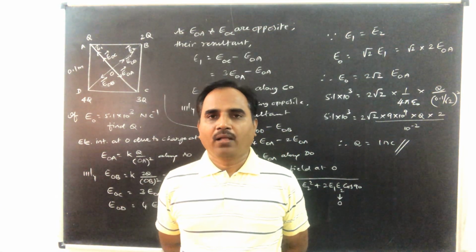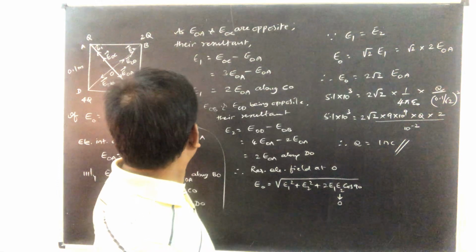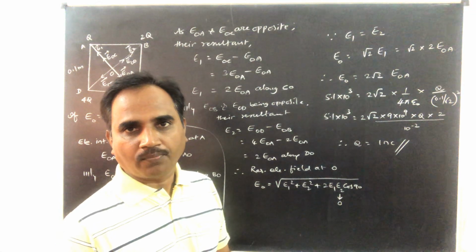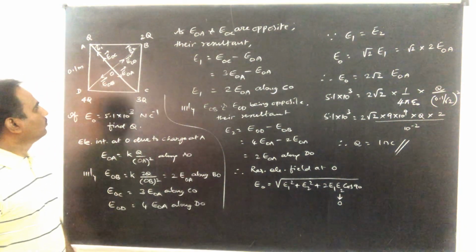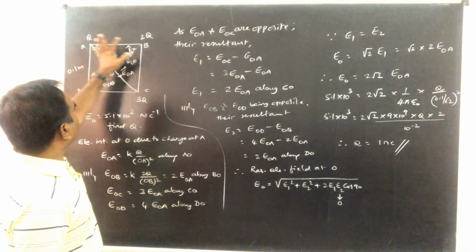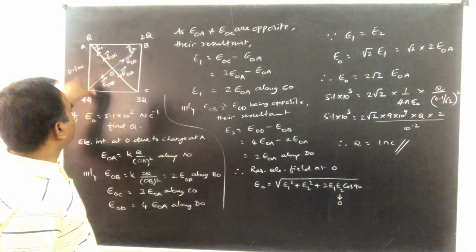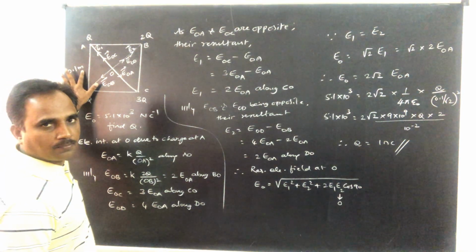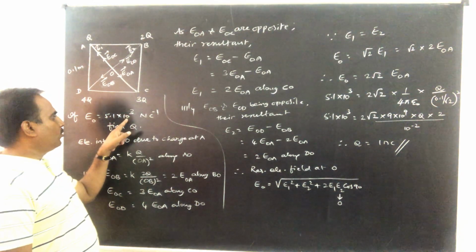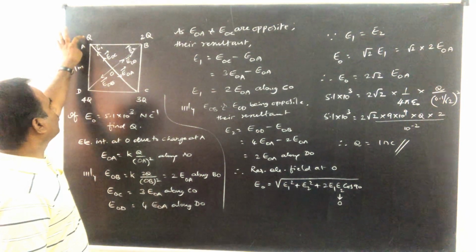Dear students, in the previous lecture, I told you to solve this problem which was asked in the March 2014 annual examination. In this problem, it is given that there are 4 charges Q, 2Q, 3Q, 4Q kept at the 4 corners of a square of side 0.1 meter. If the resultant electric field at the center of the square is 5.1 into 10 to the power of 3 Newton per coulomb,